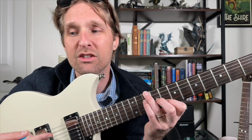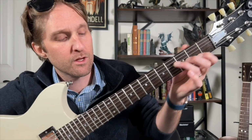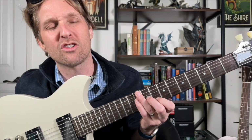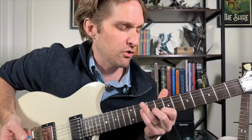Here's what I will sometimes do. I will sometimes cheat, and instead of doing this, I will just do this. So it looks kind of like an F chord, but scooched up to the 10th, 9th, and 8th fret. So I'll just go like that instead of doing this. But you should do this, and I should do this too. Look, guys, if you put in the time to learn this chord, I will also put in the time to learn this chord. So we want to go...